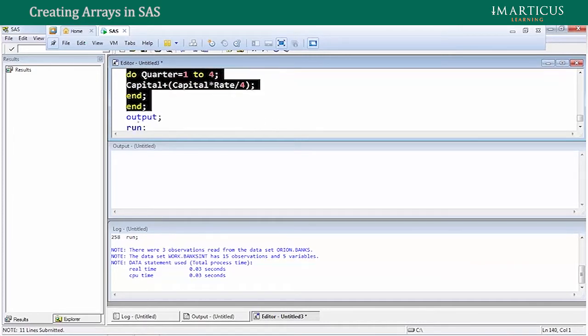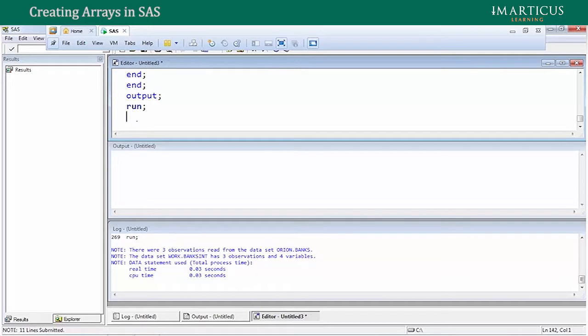So I'll execute this once again so that only 3 observations are written, and then I say proc print data is equal to